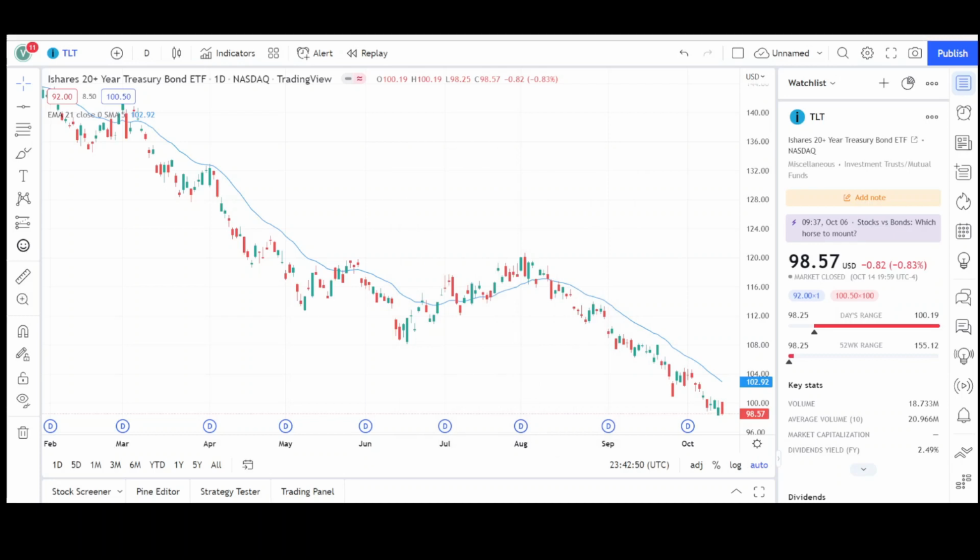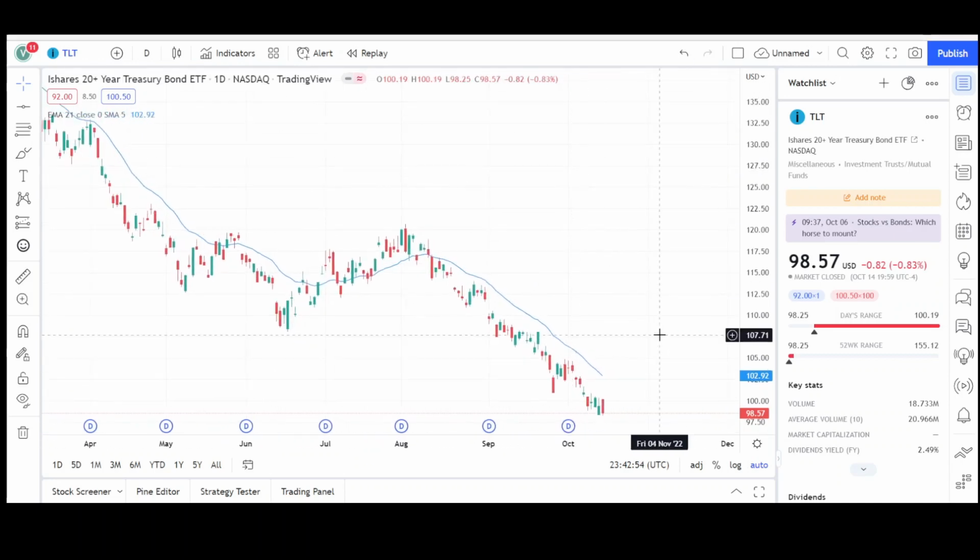chart. So here we have the daily chart for TLT, and I've been bearish pretty much since I started doing the analysis for this stock. And looks like we finally hit double digits and very close to a new 52-week low. We actually did make a new 52-week low just a few days ago, and we're probably going to continue to